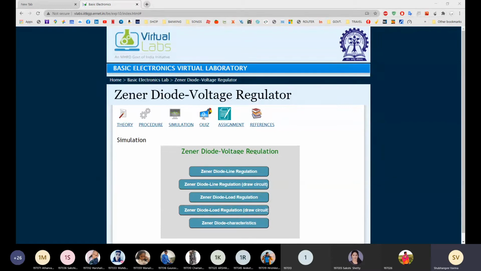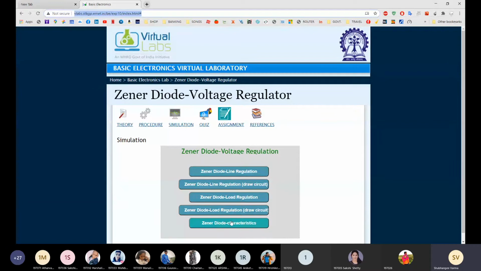We have completed the 4 experiments from the STC, and the 5th experiment is Zener diode voltage regulator. Zener diode as a voltage regulator. This is the statement: check the Zener diode as a voltage regulator. We have done with the Zener diode characteristic.